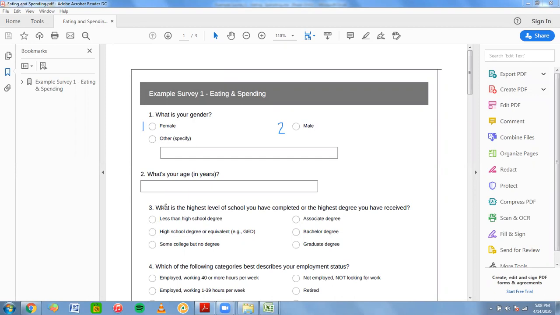So looking down to question 3, highest level of school completed. It always goes in the order of options that I gave. So less than high school degree was option 1, high school degree was 2, some college was 3, et cetera, all the way up to option number 6, which was graduate degree. So if I go back and look at my question number 3, what's the highest level of school you've completed, on my spreadsheet,